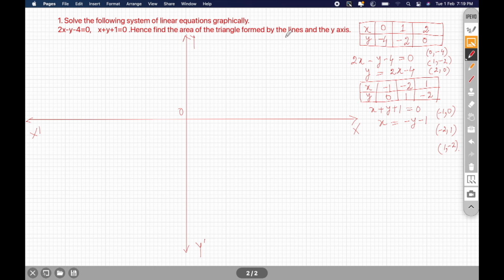Now let us take 5 squares equal to 1 unit on both axes. So writing down the scale is necessary. If the question has not specified the scale, then it is up to you how many squares you choose as 1 unit on both axes. So let us count 5 squares and then mark it as 1. So this is the position of 1, 2,